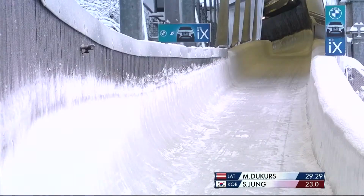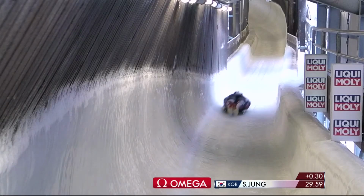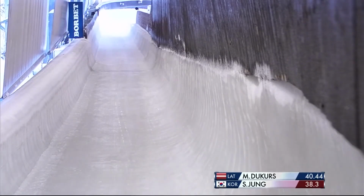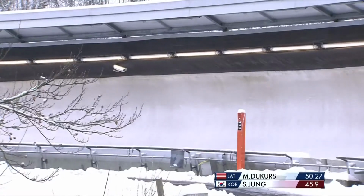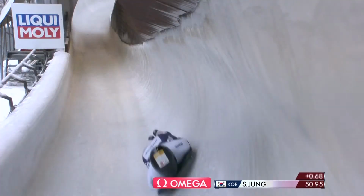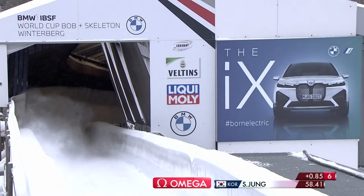But he's back 15 hundredths of a second on Dukurs, but he has a chance, once again, to reel some of that in. Koreans have been pretty strong this year. All 3 of the top Koreans have been right in the mix. But only the 6th fastest speed going into Kreisel. Martins, this could be one of those things where, is the track starting to go away? We've had winter weather, there's no sheen, there's no sprints left, and now only the 7th fastest speed out of 8 sleds. Yeah. I mean, that's slower than some of the first 3 guys. Nothing against them, but not something you would expect. No, exactly right. And still the 7th best speed from Jung,